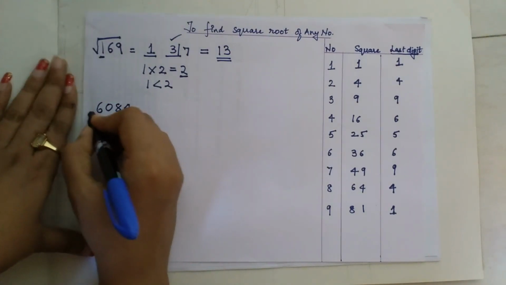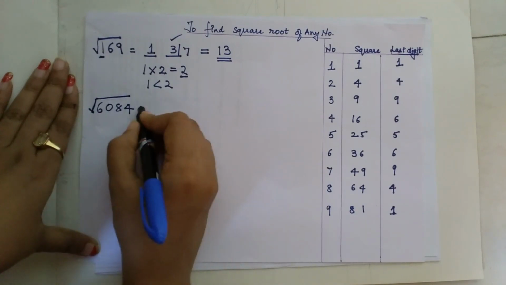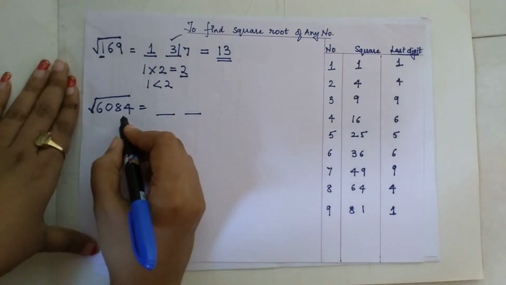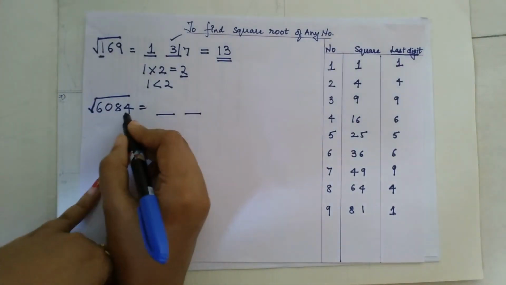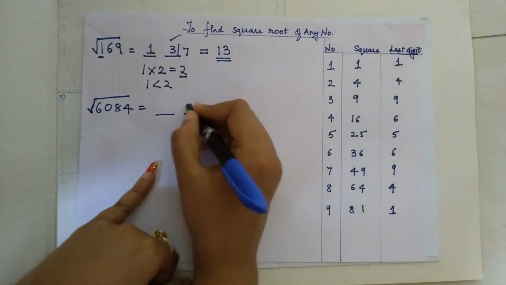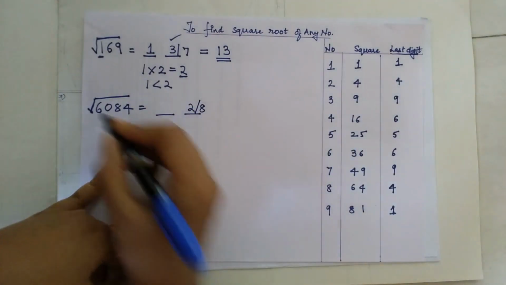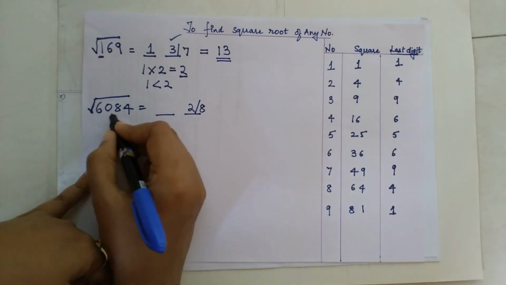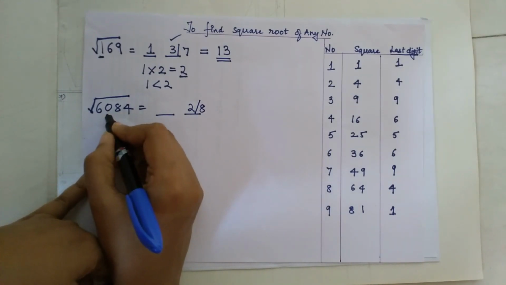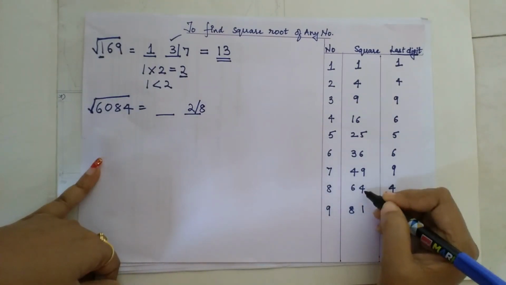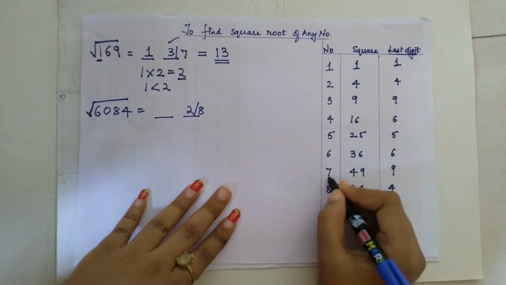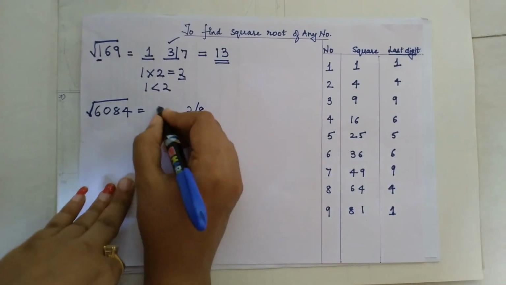6084. So if you need to find the square root of 6084, again I'm going to divide my answer in two parts and I'm just going to focus on the last digit. So over here the last digit is 4 and we can check from our last digit column 4 comes for 2 as well as it comes for 8, and now we are going to skip the last two digits of my question and we are going to concentrate on the rest of the digits, which are 60, and 60 lies between 49 and 64. But since 64 is more than 60, we take the lesser number. So my answer for this one becomes 7.